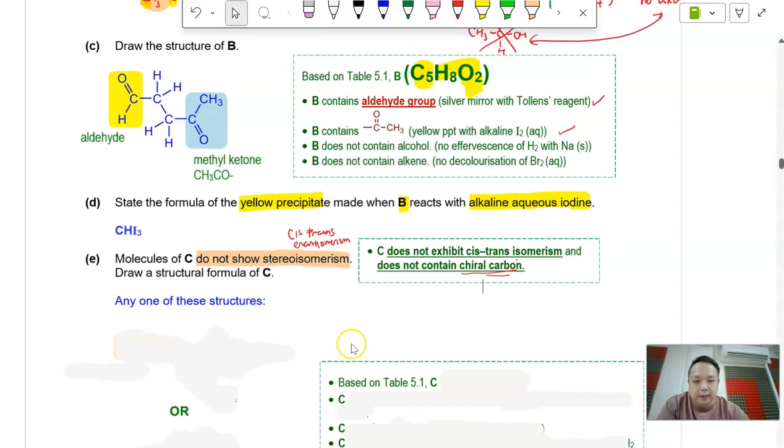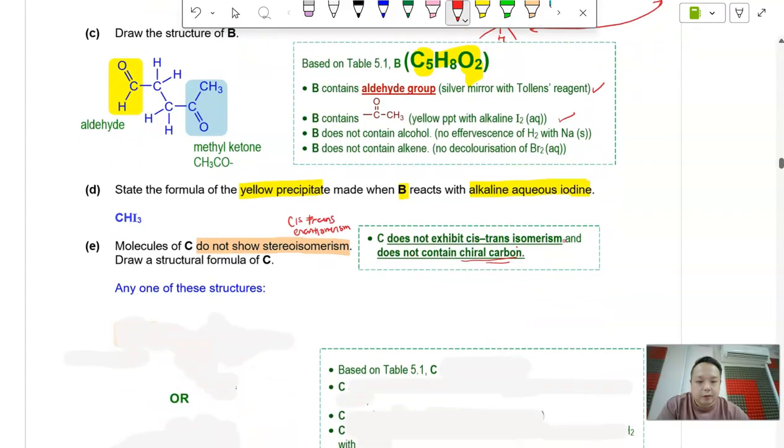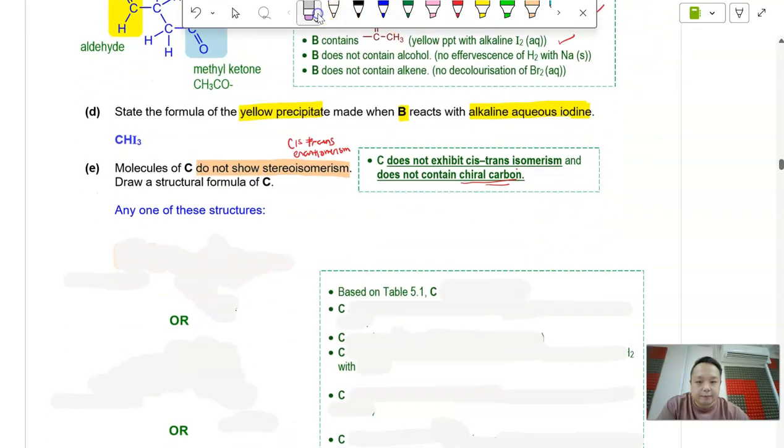So what's the structure of C then? So let's take a look at C again. C, first of all, positive sodium test. So possibly alcohol, definitely no aldehyde. Alright, there's no CH3CO group, but it has an alkene functional group, brown to colorless. Your bromine actually decolorizes. So if we take a look at the structure of C then, C again has C5H8O2, contains